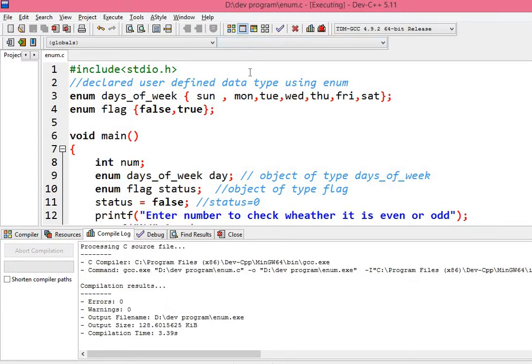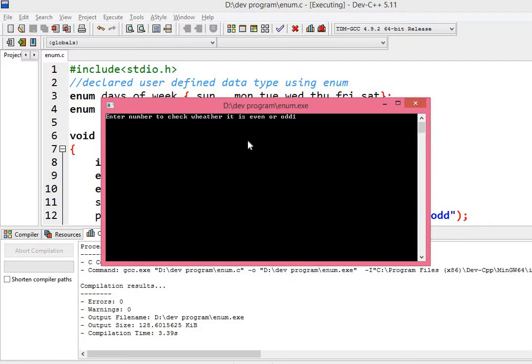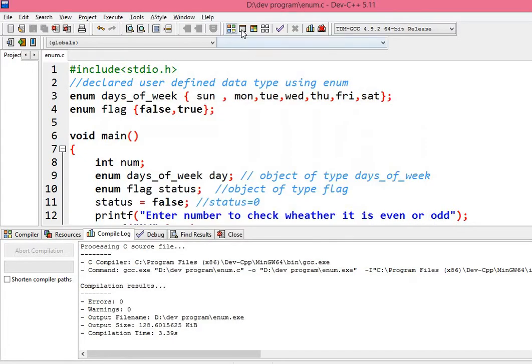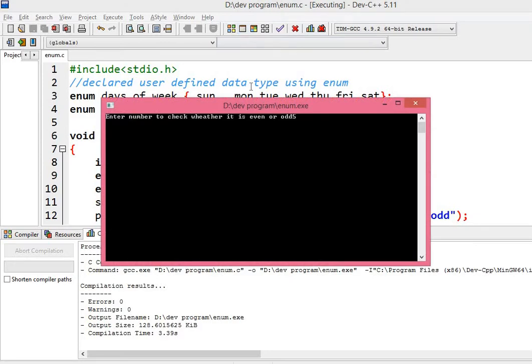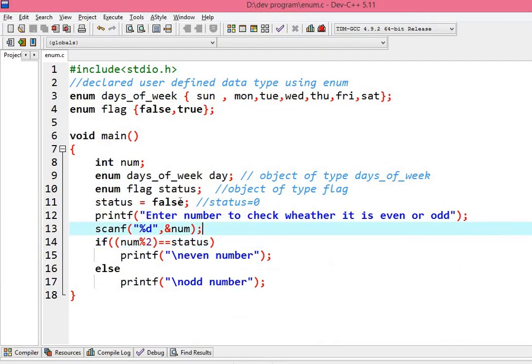You can see if I write 10, even number, and again let me execute this program, you can see odd number. So you can write status itself, or you can also write false. Ultimately, what is the value of false? That is 0, because over here it is defined like this.